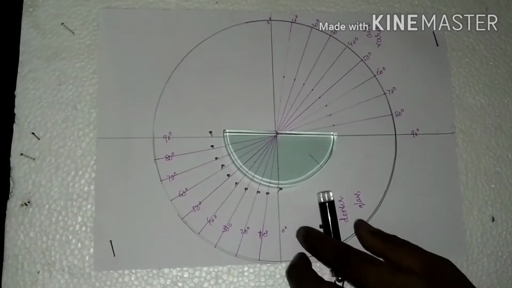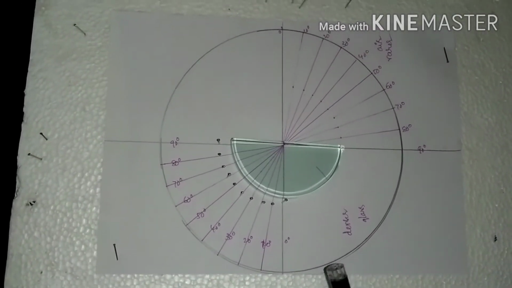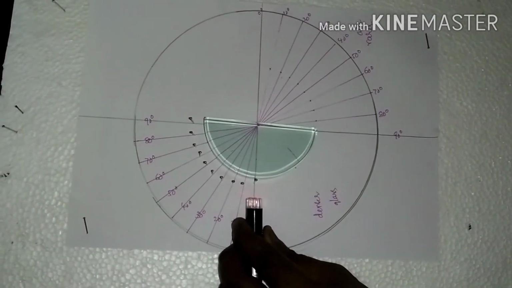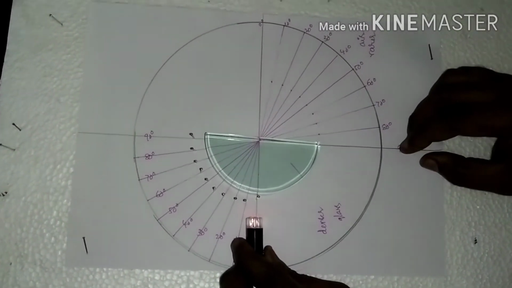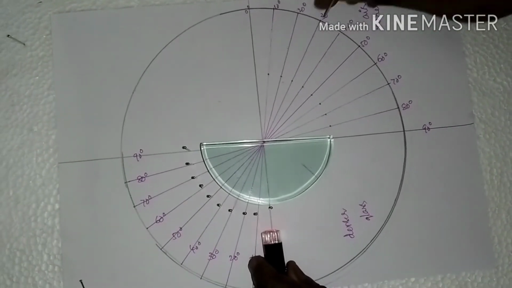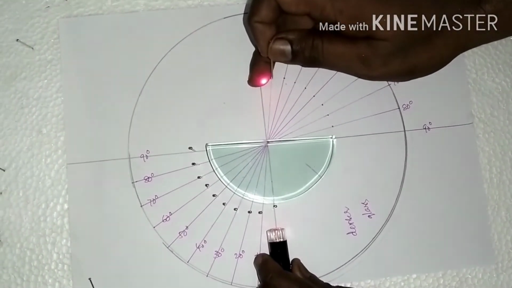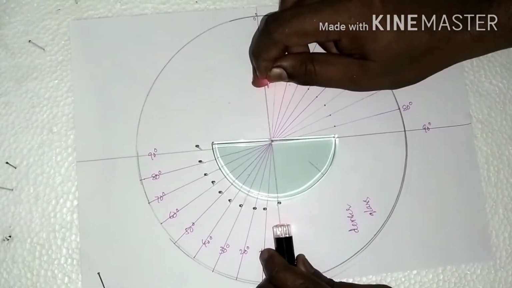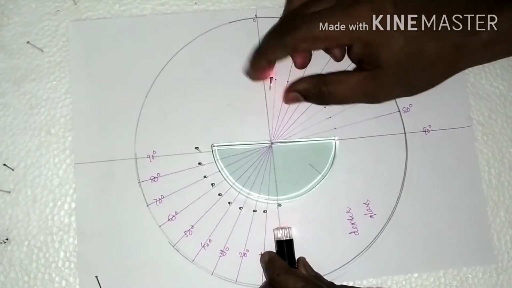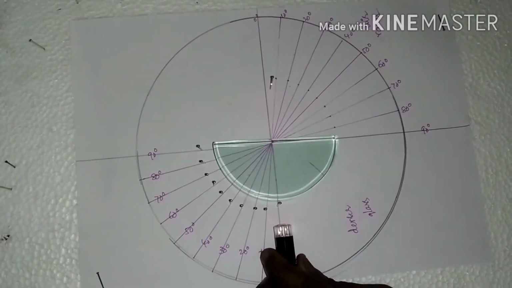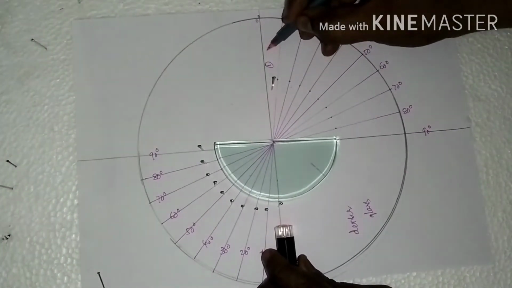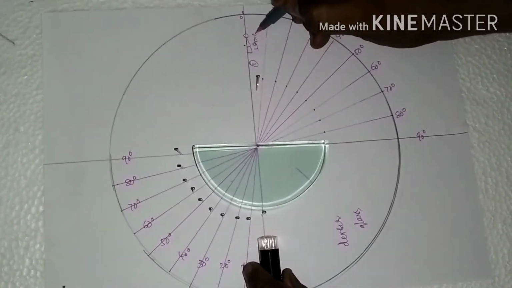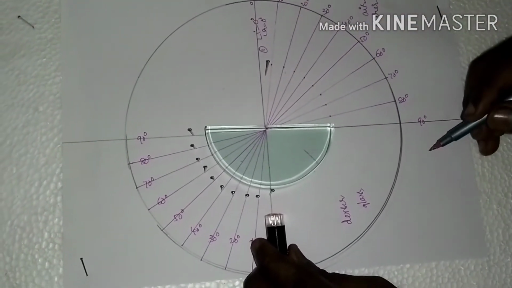Now, I am going to pass the laser light first of all at an angle of 0 degrees. See, if the laser light passes at an angle of 0 degrees, we can observe the laser light falling on my finger. Exactly in that direction I am going to put one more pin. Now, this is case 1. In case 1, angle i is equal to 0, angle r is also approximately 0.